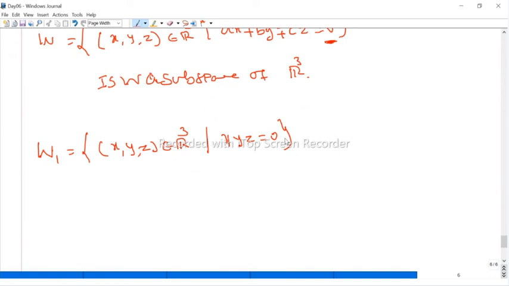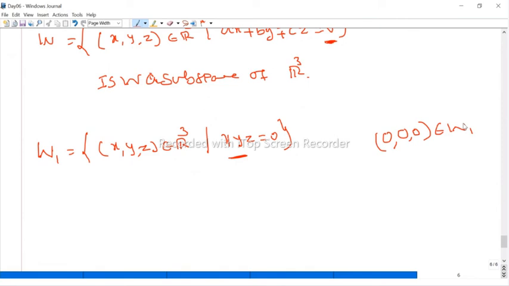We cannot say what x, y, z represent, maybe anything. It's not a plane, it's not a line. This is not a line equation, not a plane equation. But we have to check that. Anyway, (0, 0, 0) should be there. If we are going to say a set is a subspace, (0, 0, 0) should be there. That means (0, 0, 0) satisfies this condition or not. Yes, the product of this should be 0. Therefore, the first condition you have to check is that (0, 0, 0) is there or not.